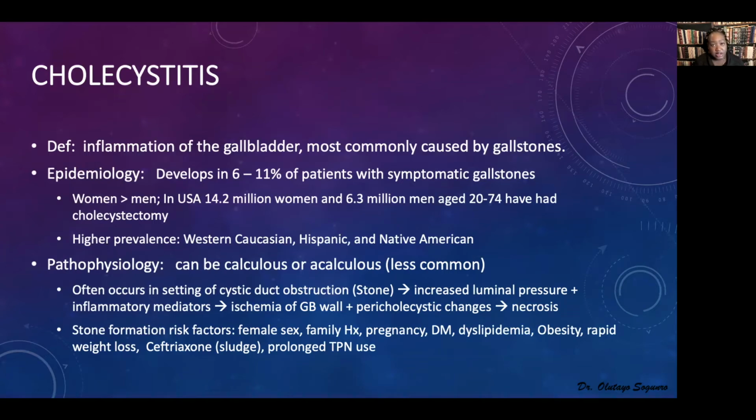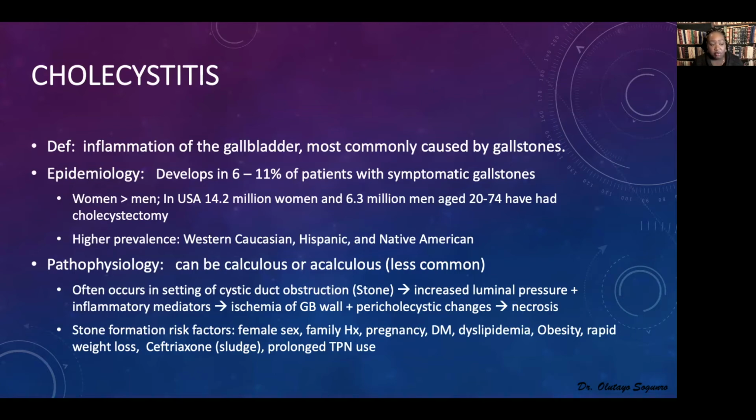Pathophysiology. Cholecystitis can be calculous, which means with stones, or acalculous, or without stones. We'll talk about calculous cholecystitis here. It often occurs in the setting of cystic duct obstruction by a stone, which causes increased luminal pressure and inflammatory mediators, which can lead to ischemia of the gallbladder wall and pericholecystic changes, and can ultimately lead to necrosis, and